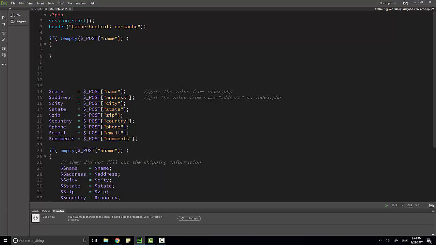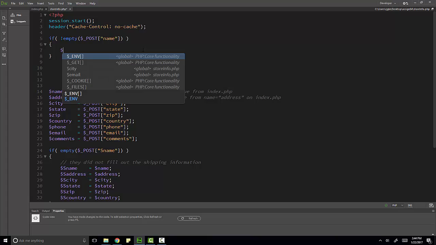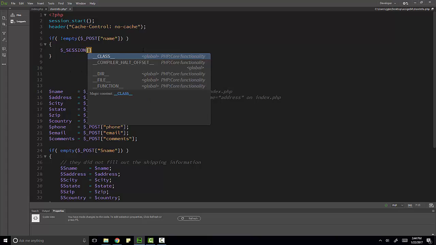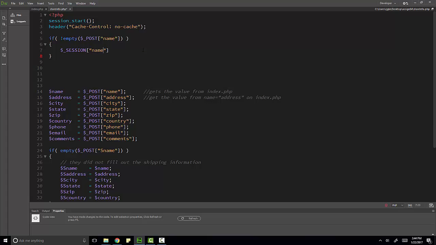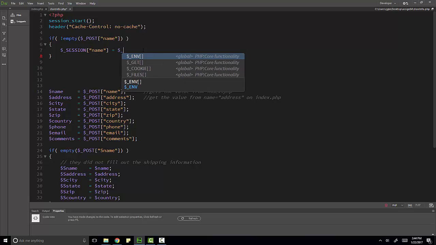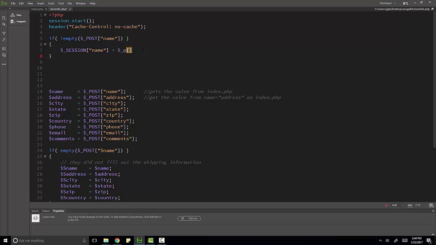So I've got if not empty, post name. So this is the value from the previous page. This is the value from index.php. If that value is not empty, then let's go ahead and create a session variable called name and store that posted value